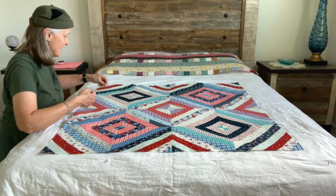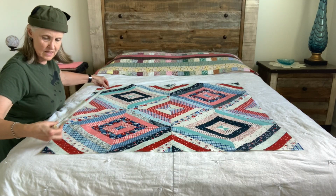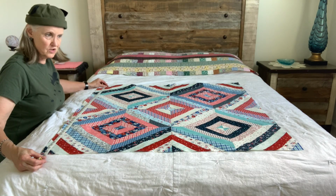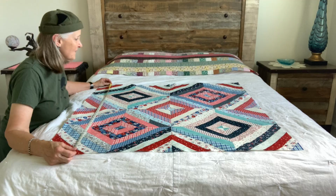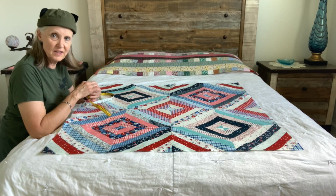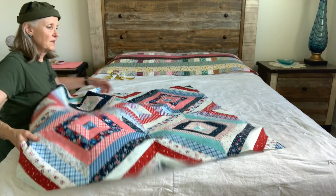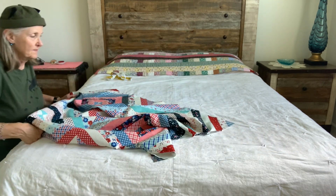So we measure now. We are just under 42 inches square. Yay. Now, there's different things you can do. You're like, but I wanted this bigger. You can always put it back on the diagonal. So if you put it on the diagonal,